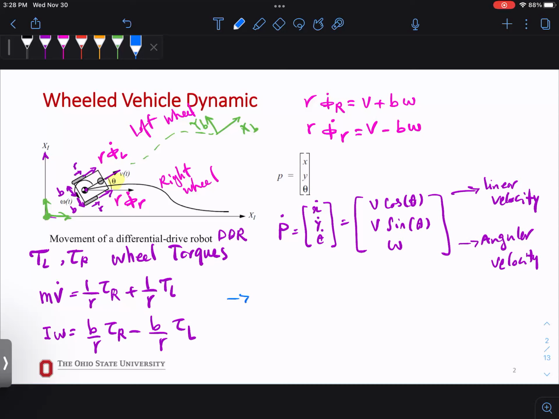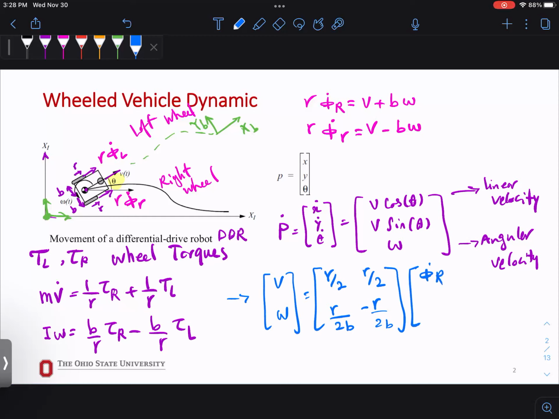So I can write V and omega as, you have to do a little bit of calculation to get to this, R over 2b, negative R over 2b, times phi dot R, phi dot L. This comes from here, okay? And then,